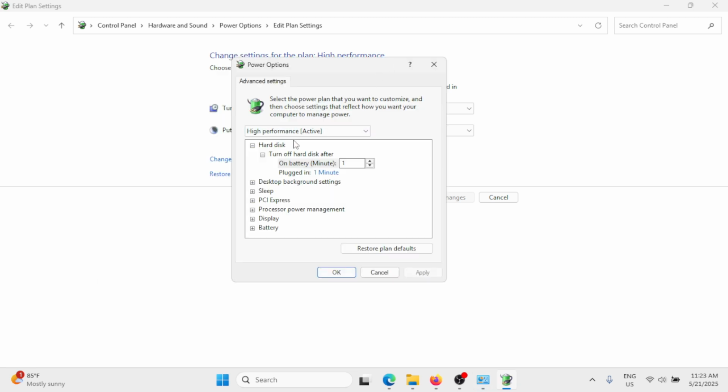And here you have to look for the USB settings. Once you find the USB settings, you just need to click on the drop down arrow and set that to disabled. In my case, I don't have that here. But once you find the USB settings in the power options window, simply click on the drop down and change the option to disabled. Again, you have to disable the USB settings and then click on apply and click on OK